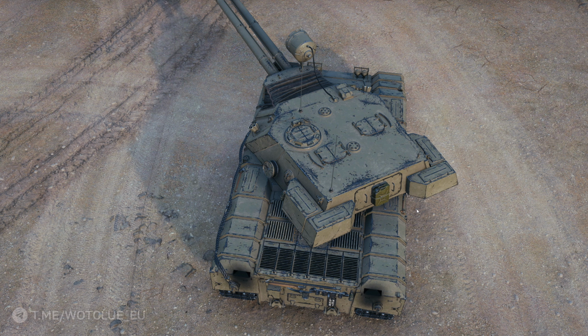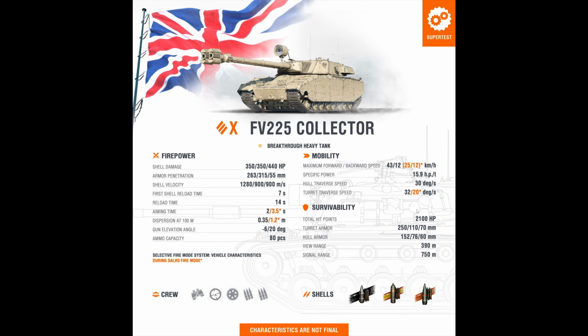But I don't know. Let's take a look at the stats to see the difference. 350 alpha, and it's not even a HESH round. It's a high explosive round. So base shell velocity is good. High explosive anti-tank is kind of slow, but that's what you would expect out of a heat round. Now compare this to